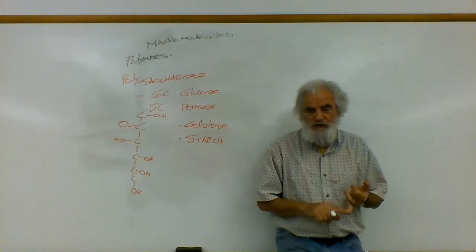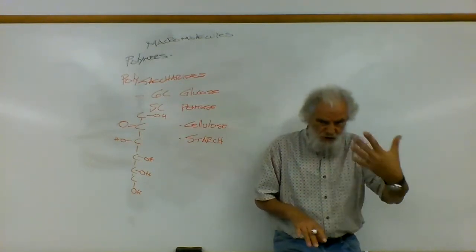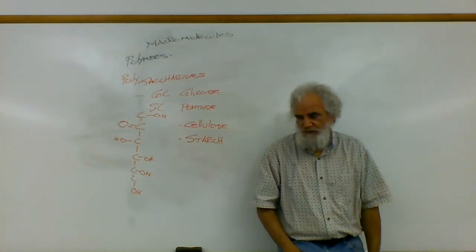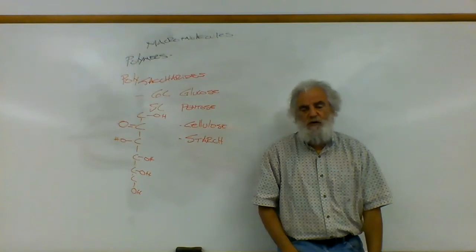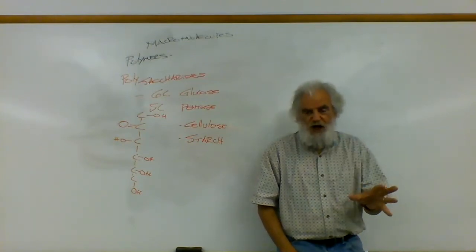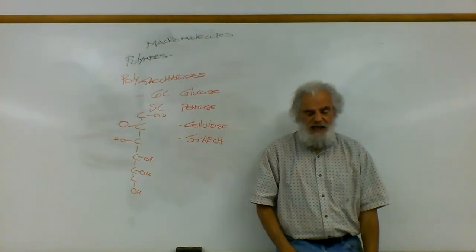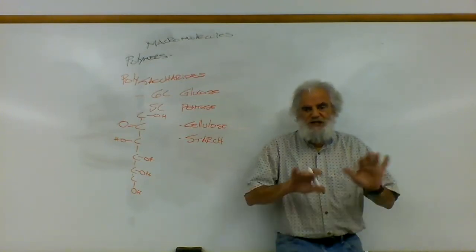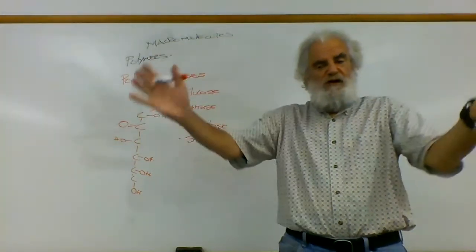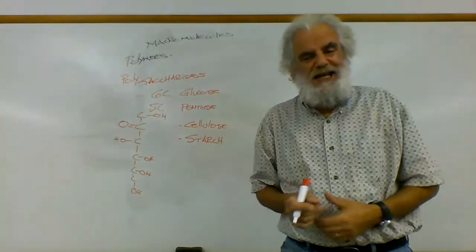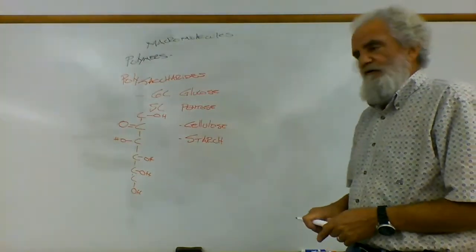We use glucose as a primary form of energy, breaking the carbons apart, and we're going to go through respiration, cellular respiration later. We'll talk about that. And we also can store energy in the forms of glucose polymers. We store energy in the form of a molecule called glycogen. And bacteria have a lot of polysaccharide covering their outer walls, kind of like a candy coating. And so this is one of our major